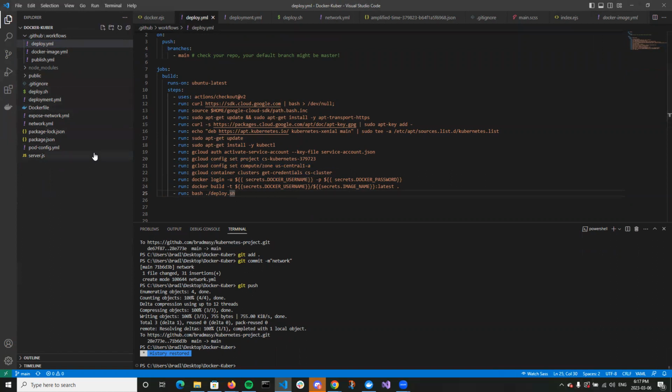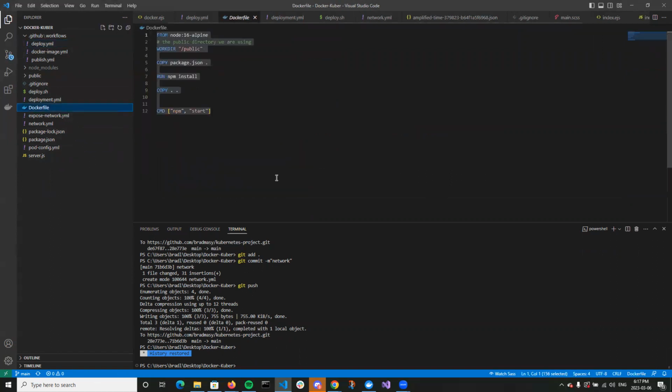But I can get into that later. Anyways, the main things we want to focus on are this really simple Dockerfile, which basically allows the container to work out of the public directory, copies the package.json, then runs npm install, and then copies everything. So this is going to cache if we have to rebuild the image again. And then it's going to launch the server when it starts up.